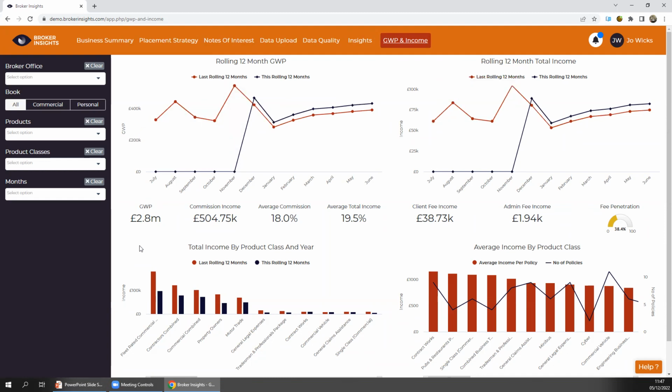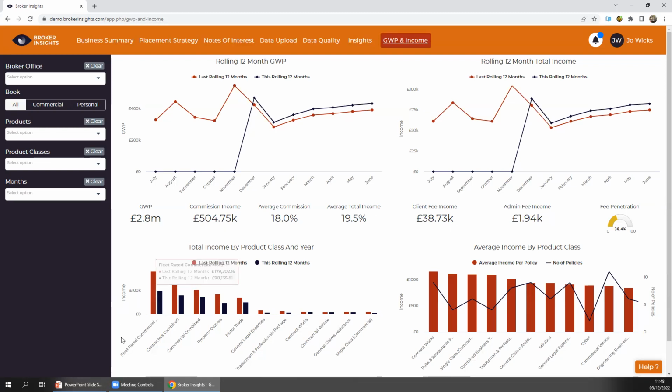You've got some stats: your total combined gross written premium, and then over the last 12 months what the incomes have been, your average commission rates, client fee income, etc., your fee penetration rate percentage, which, talking from previous experience as somebody who supported multiple brokers, is a difficult figure to work out in Excel, especially if you've got multiple different systems, but it's there for you and it's nice and easy to see.